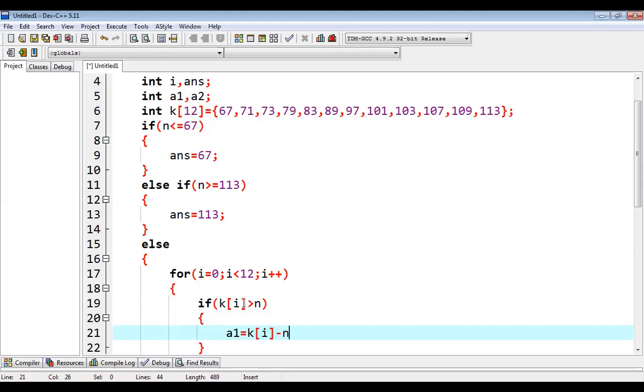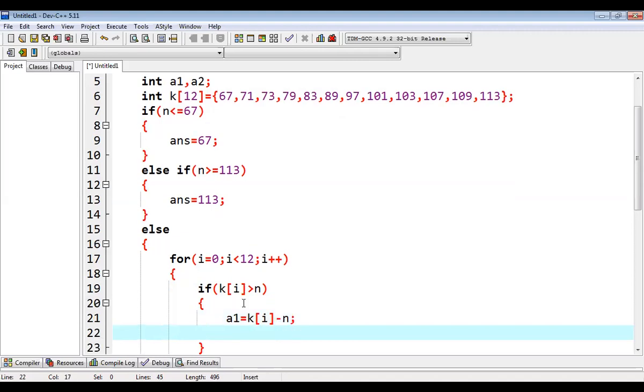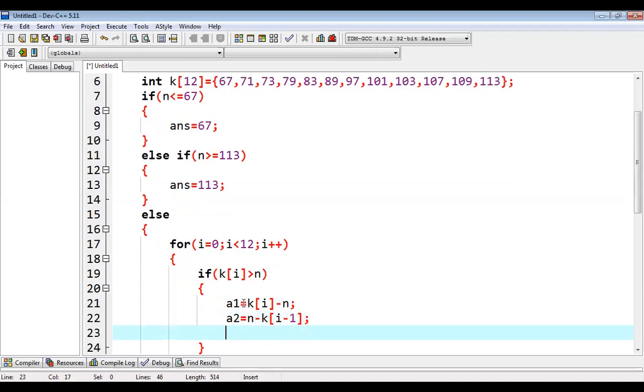This distance we have calculated. And then the second distance we'll be calculating, that will be from the previous value, that will be from n. Then we'll be comparing the distance.